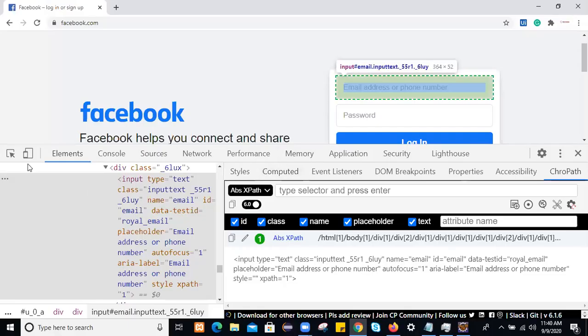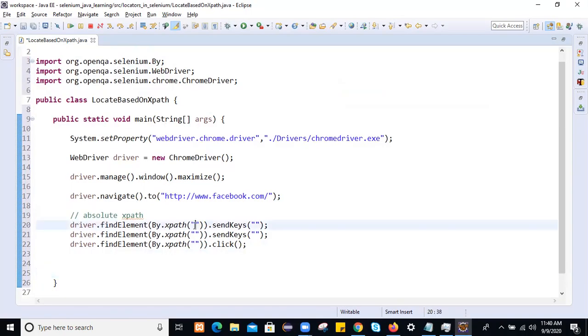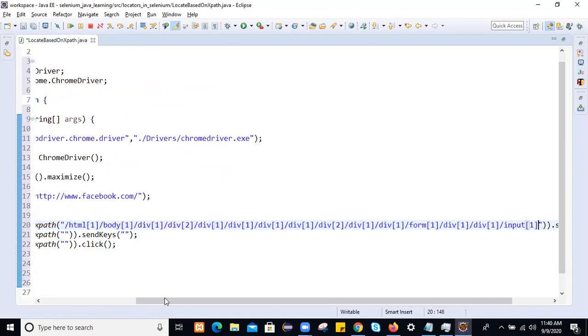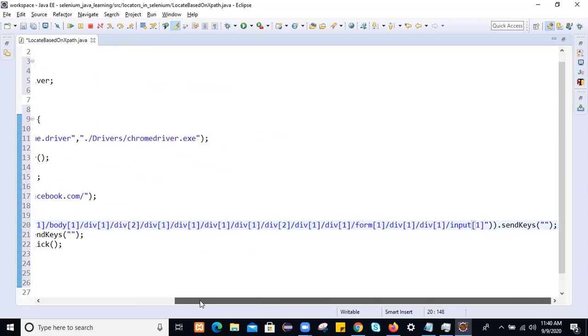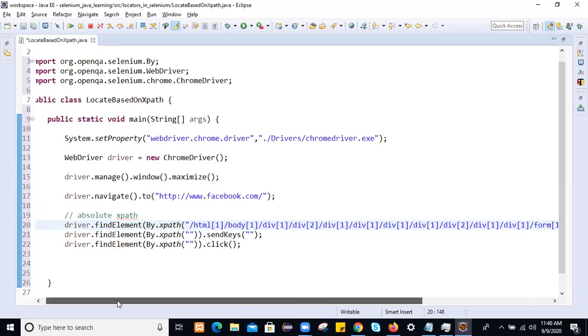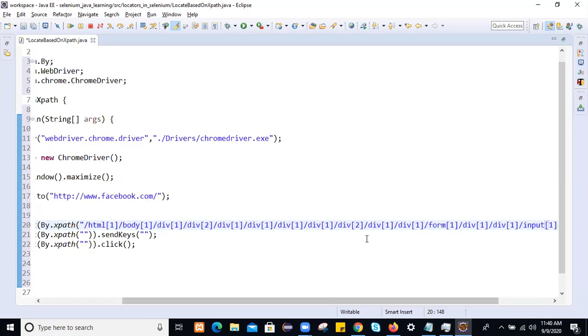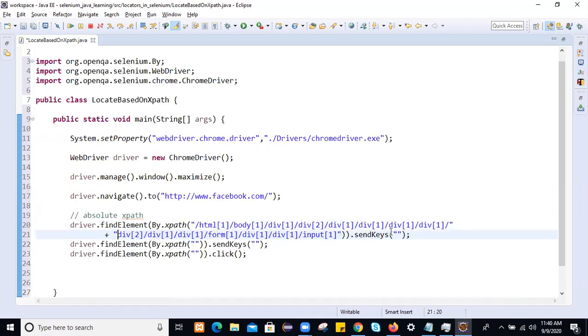So simply go to the application. This is the application. On that application, inspect, click on that web element and generate an absolute XPath. This is the absolute XPath. Copy this XPath and just paste it here. It actually increases the length of the code and is very complex. You see, it increases the length of the code and is very complex. So let me hit enter here so it will be readable now.